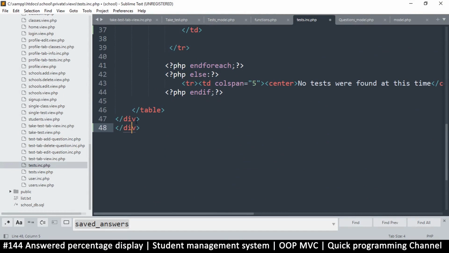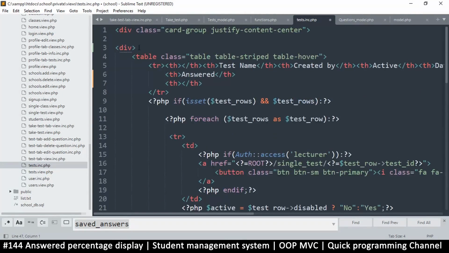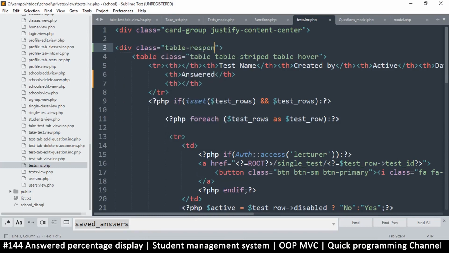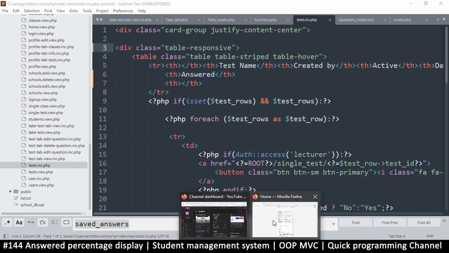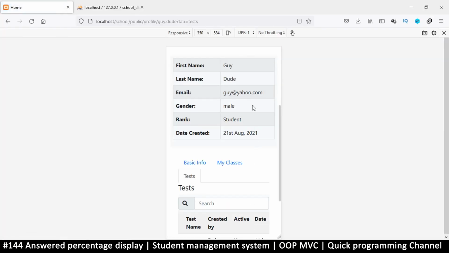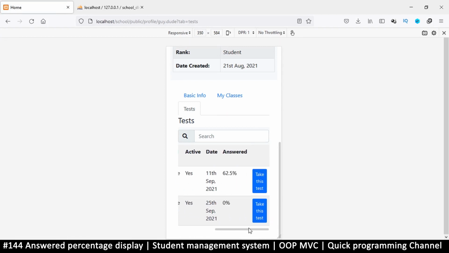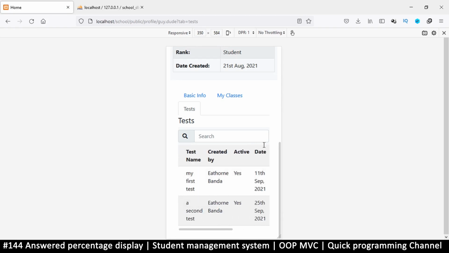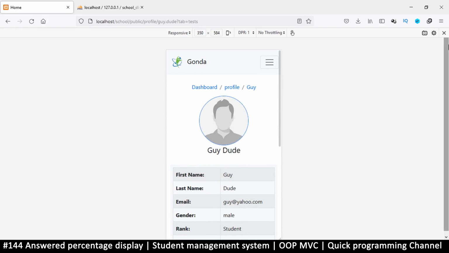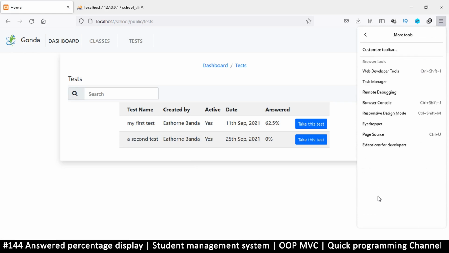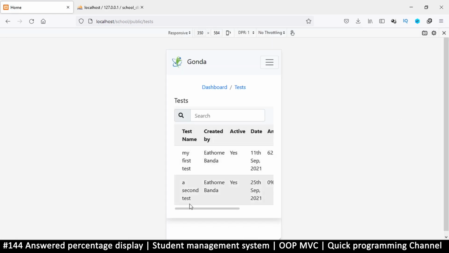So I'm just going to duplicate this one right here. Okay, and then in here I just need to add a class of table dash responsive like this. Okay, so that should take care of that problem. If I now refresh, you see that everything is cool. Now there's a scrolling thingy here to scroll inside your table. At least that takes care of the responsive design thingy. So hopefully that helps. What have we done here though? Let's see here. If I go back to tools, responsive design mode. Okay, so that works,